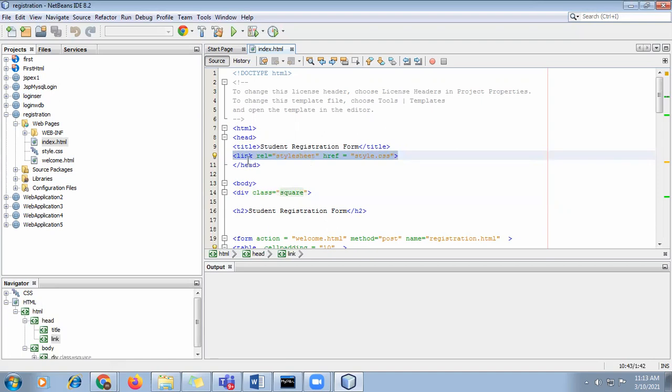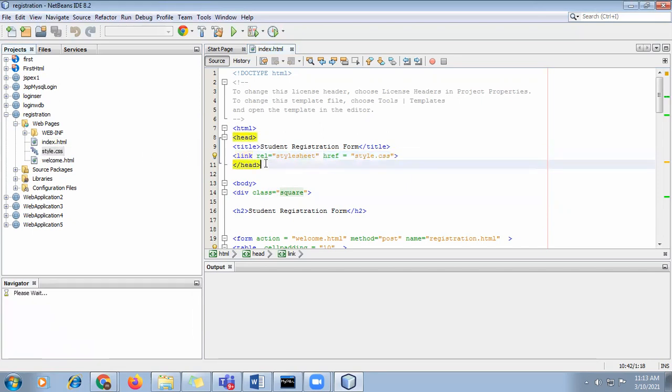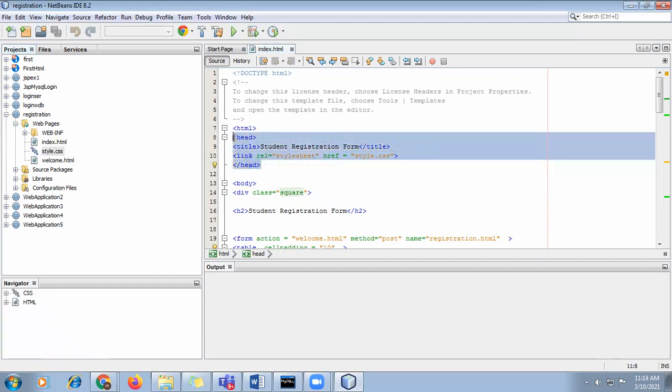So link, we have to set the rel property, that is relation, equal to stylesheet, and which style sheet it should refer, its reference we have to set in the href property. So href equals style.css. I have implemented that style in this particular file. Now this we have written in the head.